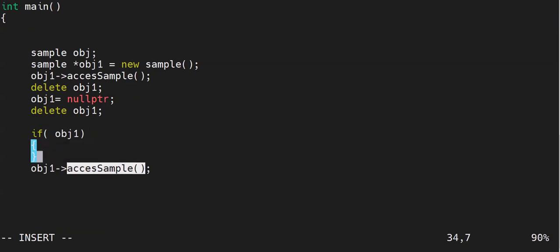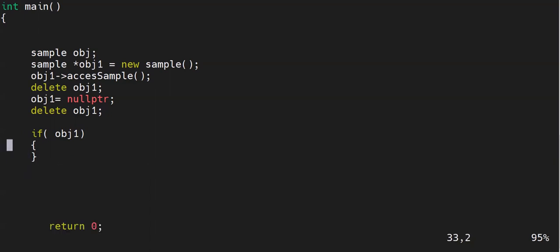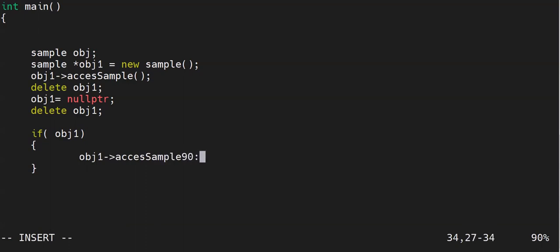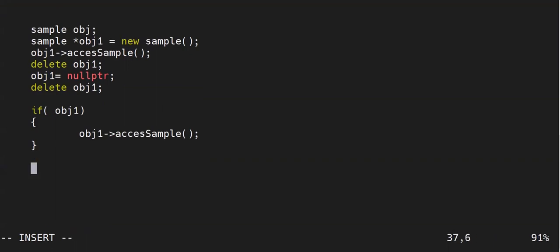You check for null pointer before trying to access any pointer variable. You always have to do this.